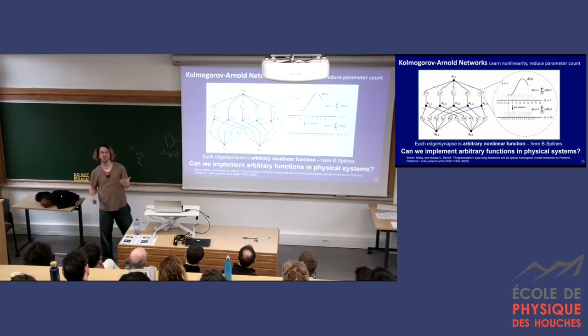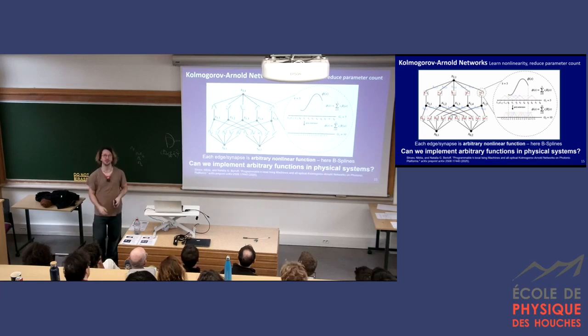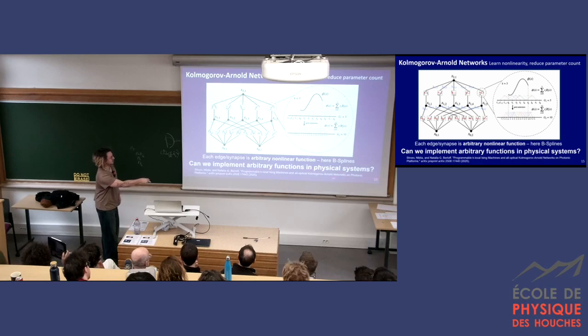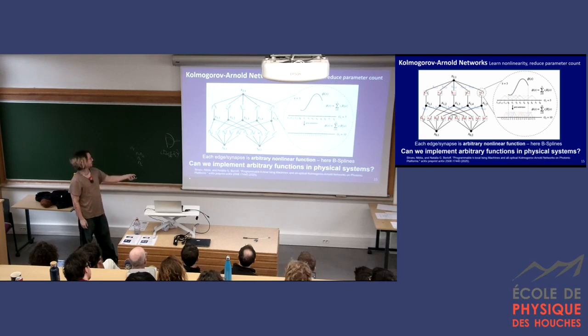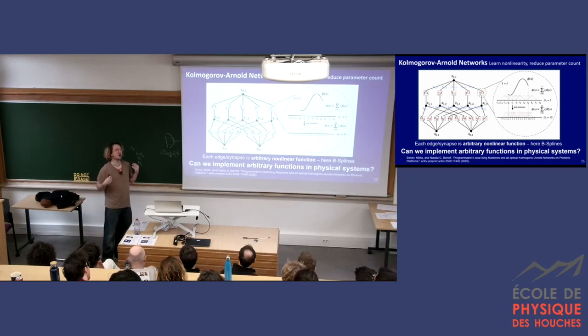But I think as we know, even though we have all of these nonlinear functions, you usually can't get whatever you want, right? You're usually limited to some set of physical things. So I will say quickly, a shout out to Natalia. I think a few people are starting to have these ideas. So there's a really nice theory or simulation work, I think that's fair to say, of photonic networks also implementing these things. So go take a look at that. So we were wondering, what kind of physical system can we find that could implement, maybe not ever perfectly arbitrary, but arbitrary enough to do some useful computation?